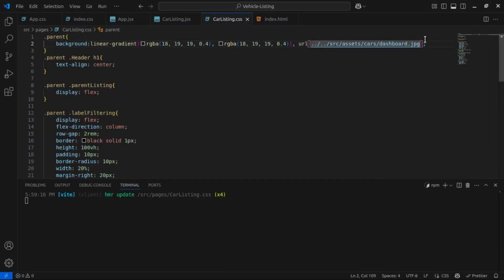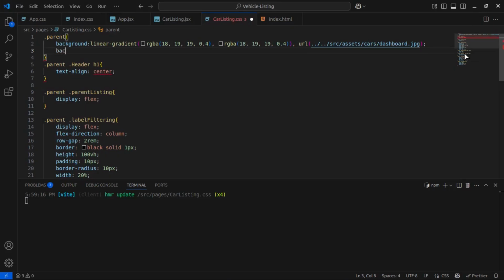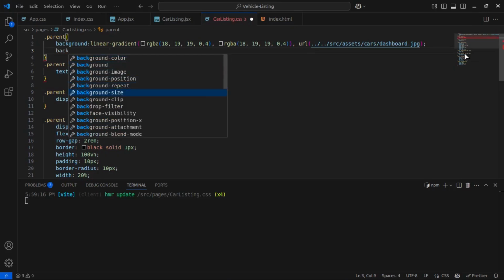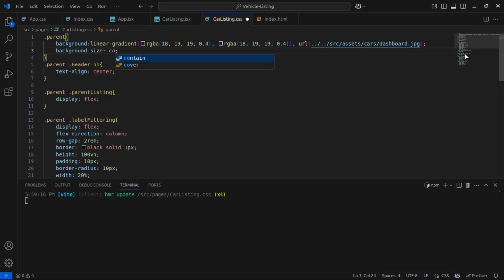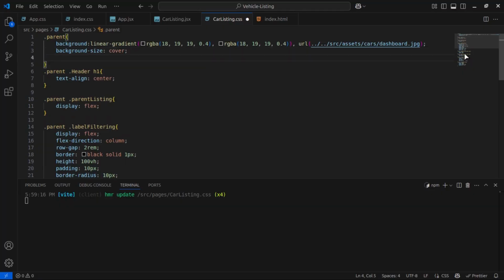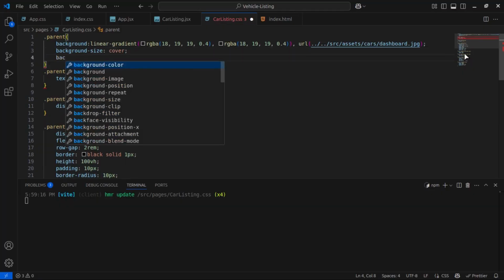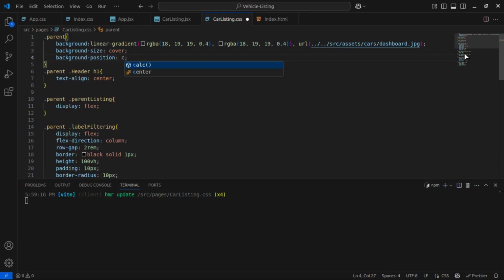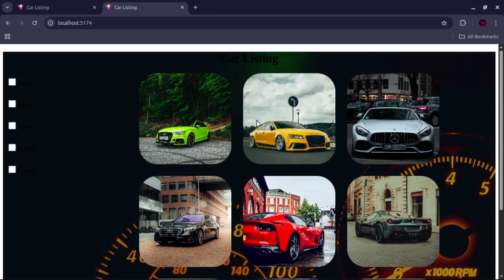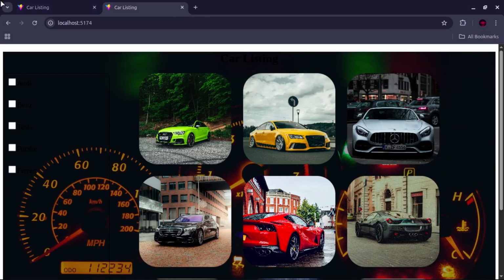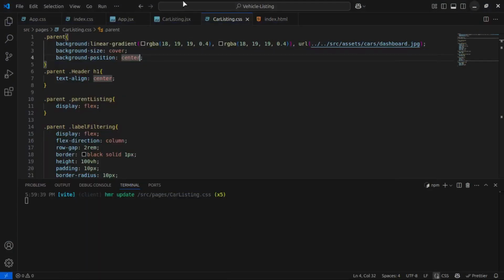Let's give it a background size of cover, and also let's give it a background position of center. I believe the image is well centered now. Let's view it. Fabulous. Okay, as you can see over here too, we have some funny whitish colors, or we have some padding, and you don't want to see this padding. So to